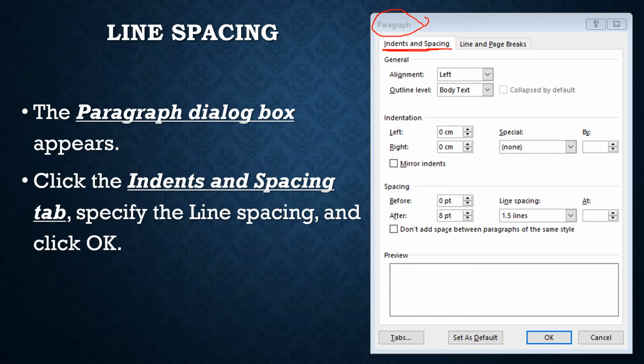So here you have the spacing option, right? Spacing option, before, after. So line spacing is mentioned in the number of lines, right? As I told you before, line spacing can be expressed by means of number of lines. So 1.5 line spacing, single line spacing, double line spacing you have.